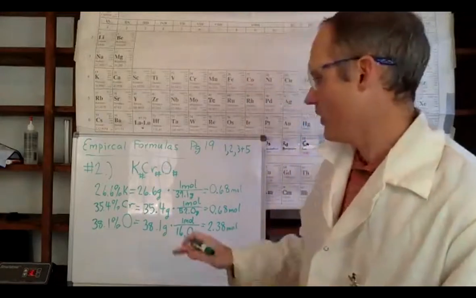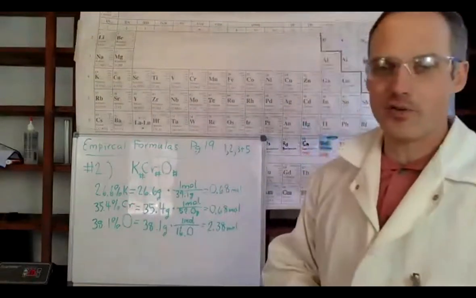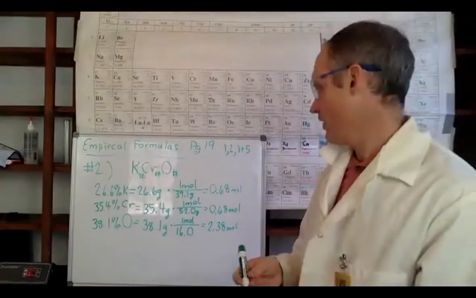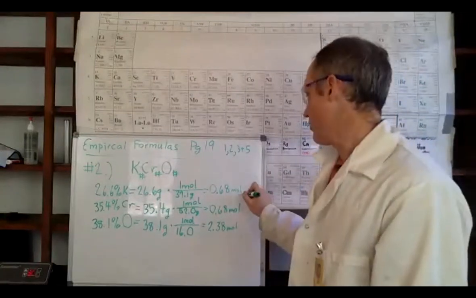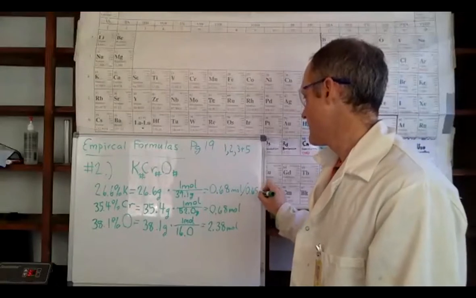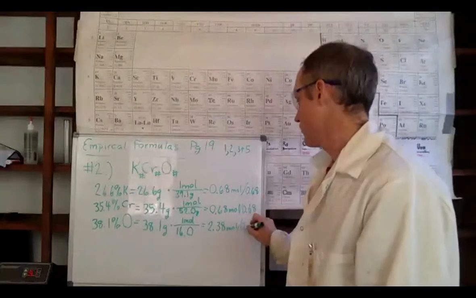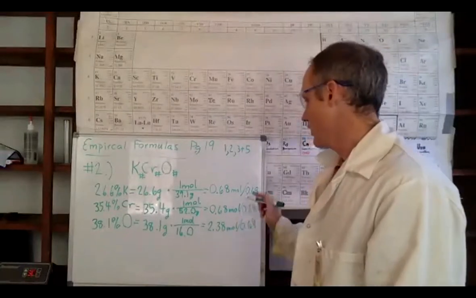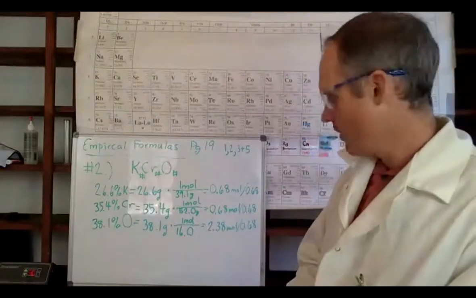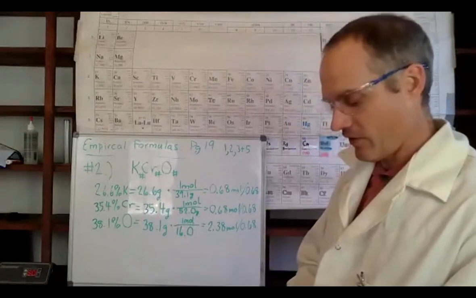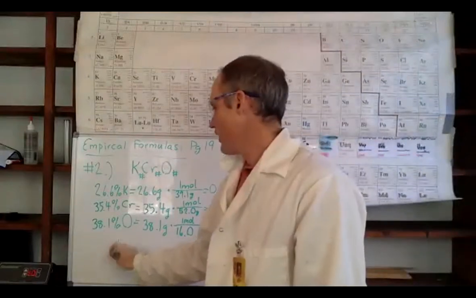Okay, so we converted grams to moles for all 3 of those, and now we have to divide all of them by the smallest number of moles, which is the 0.68. So we're going to divide all of these by 0.68. These two are 1, right? 0.68 divided by itself is 1. But the 2.38 divided by 0.68 is 3.5. So the formula right now looks like